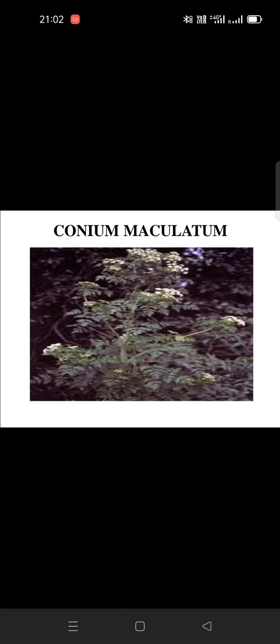So let's start with the Conium maculatum. Conium maculatum is the medicine you can see in the picture. In the preparation of this medicine, which part is used? The whole plant is used. Whole fresh plant is used in the preparation of medicine,